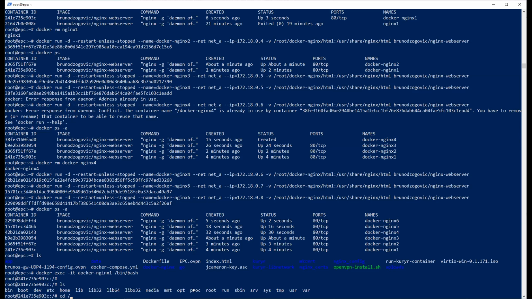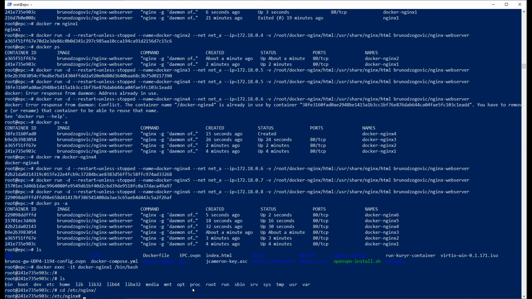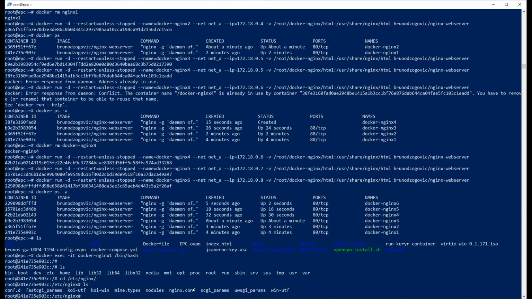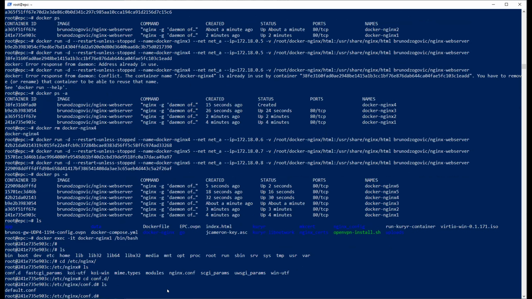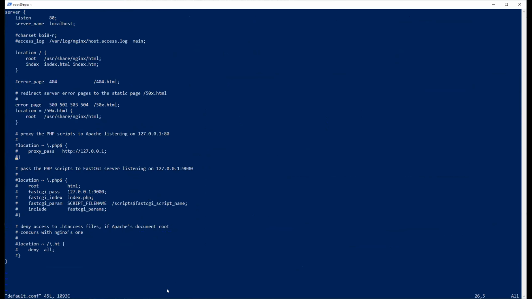So if we go to etc nginx, you have the same directories like it would be installed on a real computer. So the conf.d is the directory where the configuration file will be. So here we have default.conf.